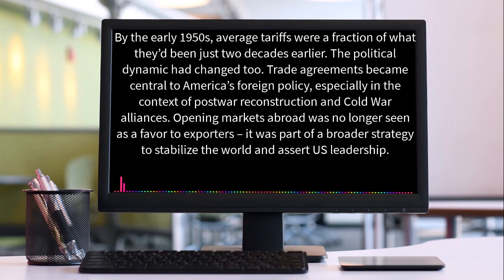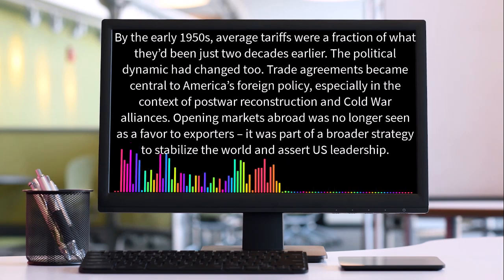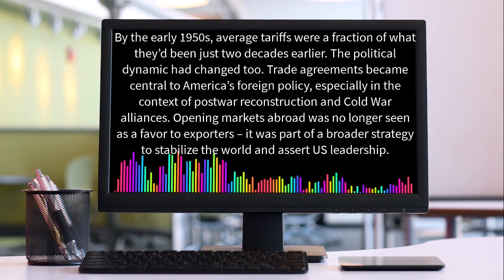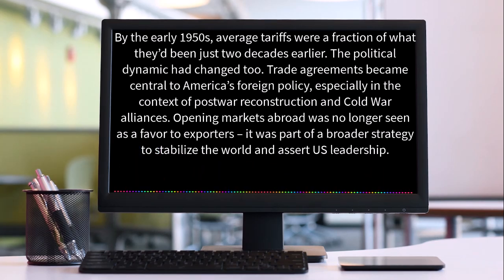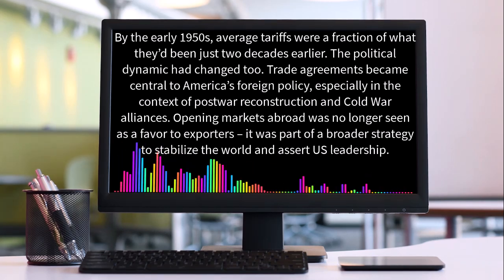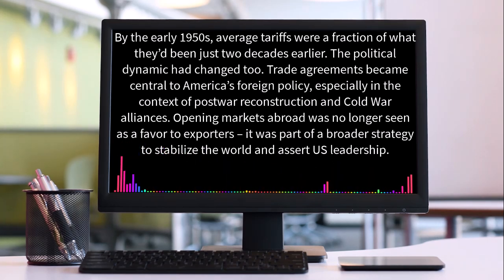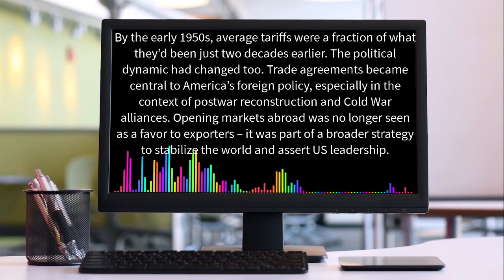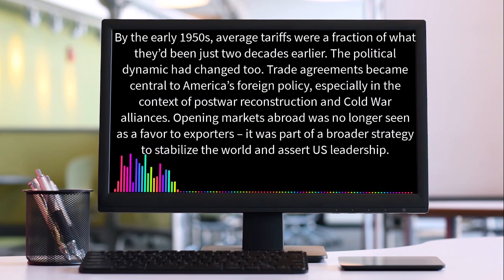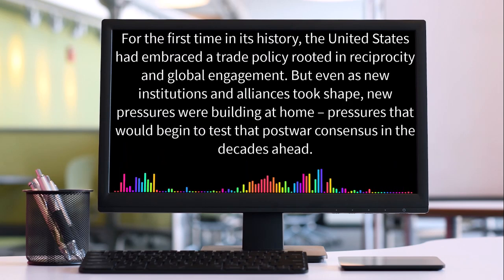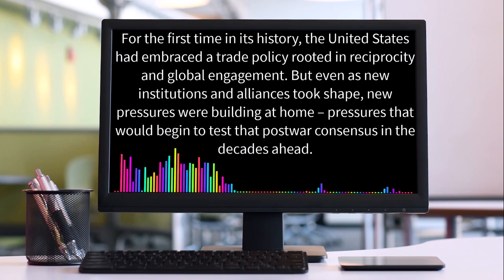By the early 1950s, average tariffs were a fraction of what they'd been just 2 decades earlier. The political dynamic had changed too. Trade agreements became central to America's foreign policy, especially in the context of post-war reconstruction and Cold War alliances. Opening markets abroad was no longer seen as a favor to exporters. It was part of a broader strategy to stabilize the world and assert U.S. leadership. For the first time in its history, the United States had embraced a trade policy rooted in reciprocity and